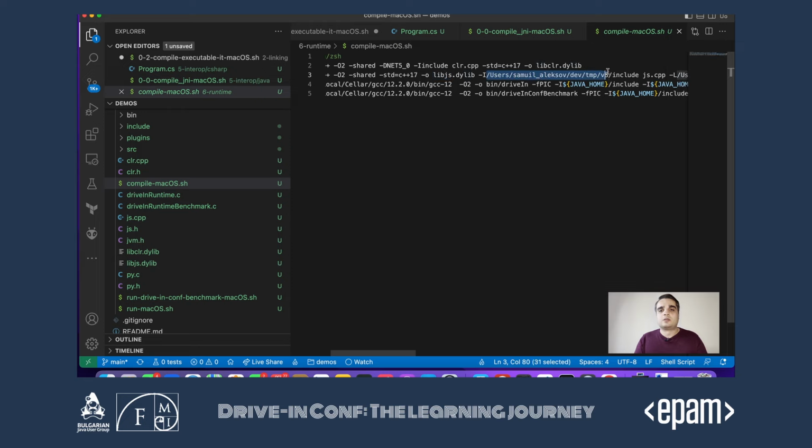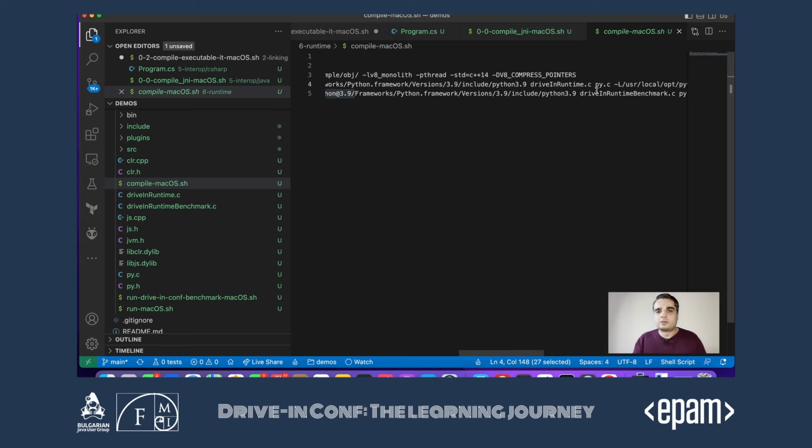In this case, I'm pointing into my local build of V8. I really hope I didn't delete that for the demo. Yeah, hopefully I didn't. We pointed to the V8 build library, and we link into the V8 monolith, which implements all the methods that we need to run V8. So these are all static libraries that we're creating. Then we want one more library, which is for Python. So we point it into our local Python installation.